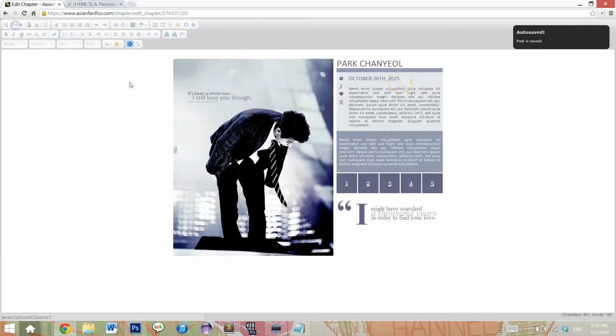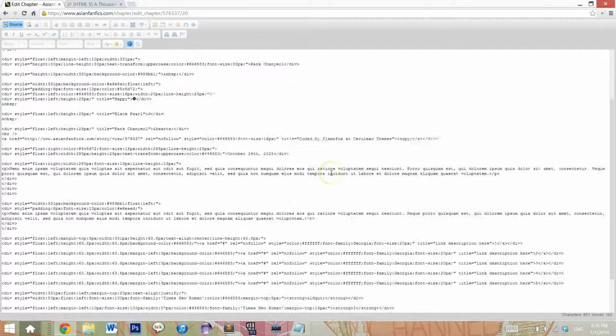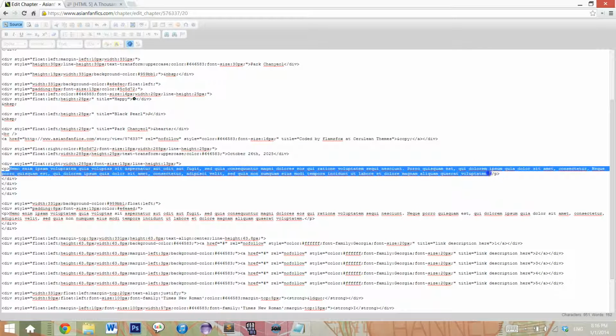Alright, say I want to edit this part of the layout, the top paragraph. Let's remember what this says. It says Nemo ispan voluntarpam. I can't pronounce this weird language. Anyways, what we do is we go into the source file and we'll be looking for that. See, Nemo ispan voluntarum. Now we'll be selecting all of this random language,